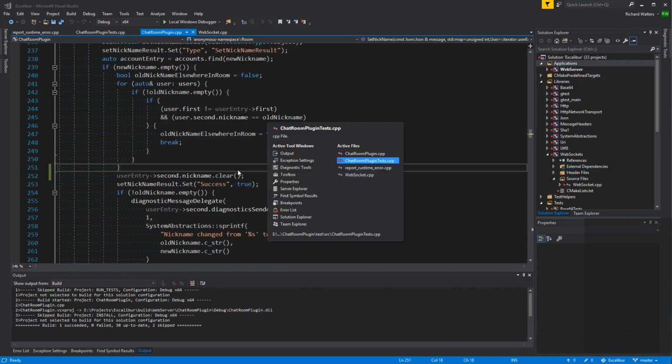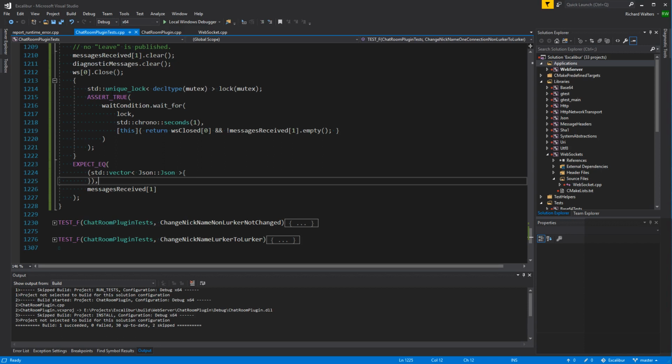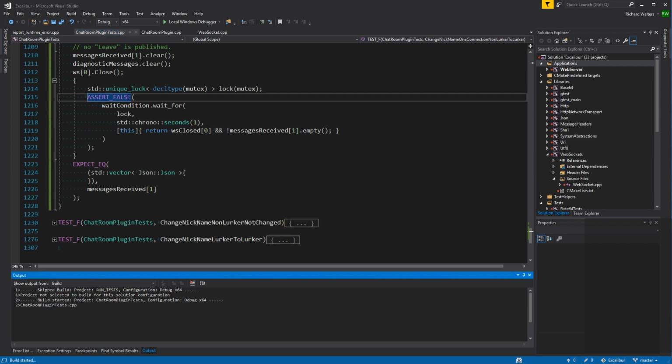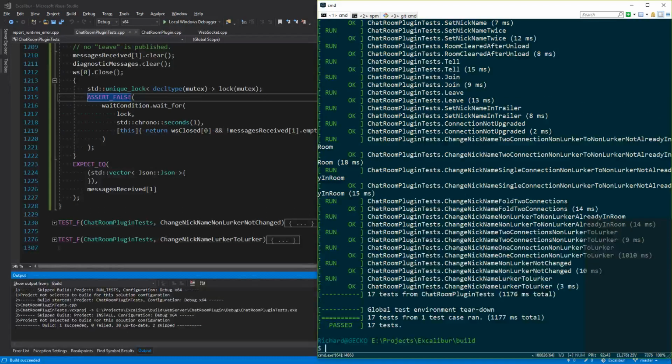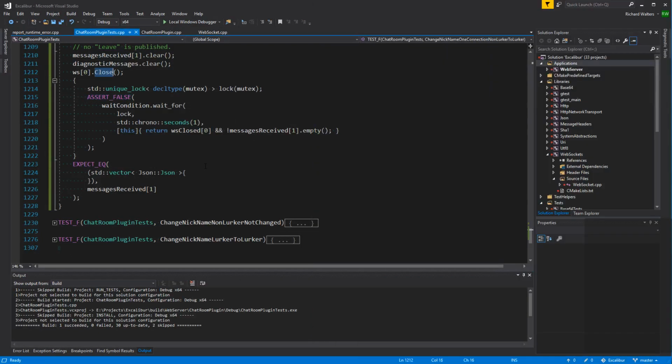Oh yeah, we're not going to get a message, so assert false, I guess. It is going to make our test last another extra second because this close happens asynchronously, and we will end our wait early if we get a message, which we would then fail there anyway. But otherwise, yeah, we don't know how long it'll take, so we have to wait a second, I suppose.